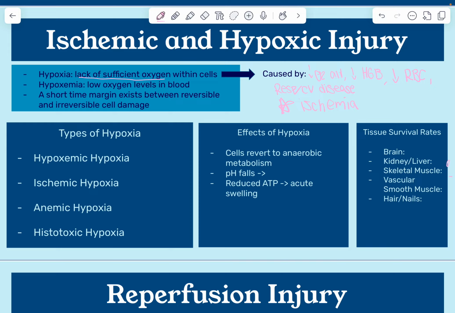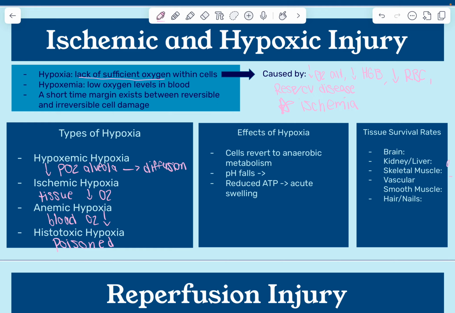So moving on to the different types of hypoxia, hypoxemic hypoxia is when there is a decrease of pressure of oxygen in the alveoli, and this is a diffusion impairment. Ischemic hypoxia is when the tissue is not receiving enough oxygen, and a lot of the times this is caused by cardiac and vascular disorders. Anemic hypoxia is when the oxygen carrying capacity of the blood is reduced. And histotoxic hypoxia is when our cells are poisoned, so they're getting oxygen, they just can't use the oxygen that